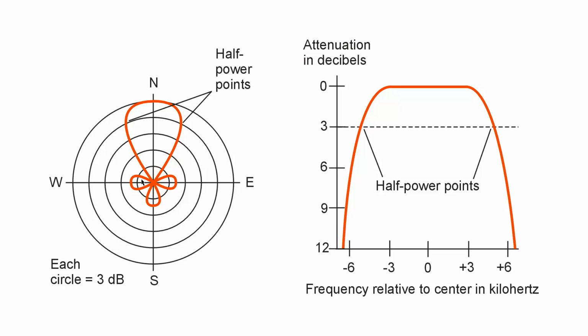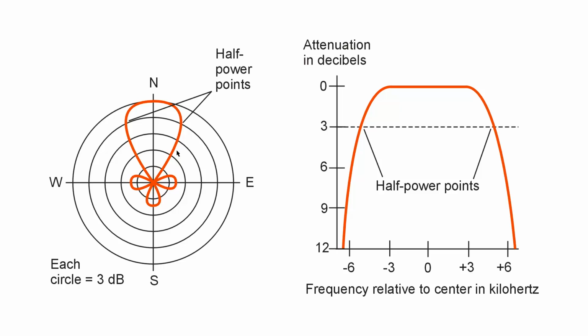On the left, we have an example of a directional antenna pattern. This looks most likely to be a Yagi or quad type antenna, pointed north. The major lobe is pointed north. 0 decibels, represented by the outer circle, is the maximum gain. 3 decibels down would be the next circle in, and the half power points you could measure as an angle